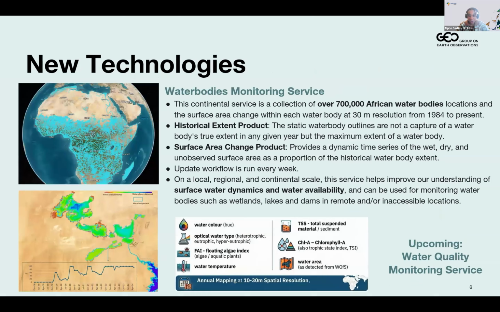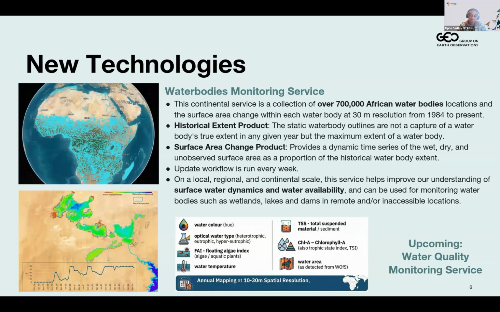Of course, we are continuously expanding and improving our services, increasing our pipelines. Recently, we just brought in Sentinel-3 and 5P onto our pipelines. But I just want to highlight one of our very important services at this very moment, which is the Water Bodies Monitoring Service, which is a first of its kind for Africa. And if you look at the picture on the slide, you'll see that we're currently tracking over 700,000 individual water bodies across the continent. It's not just a static inventory.